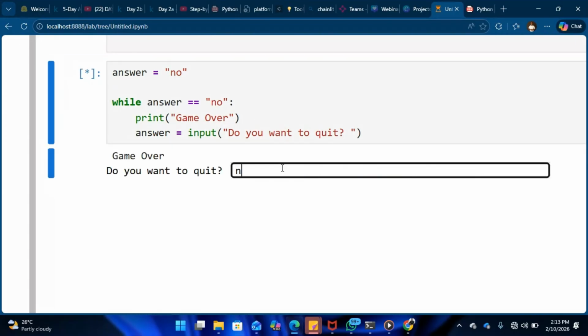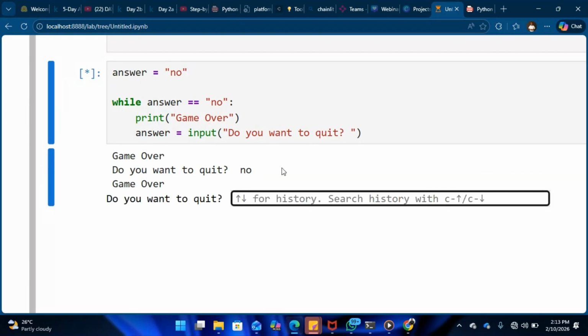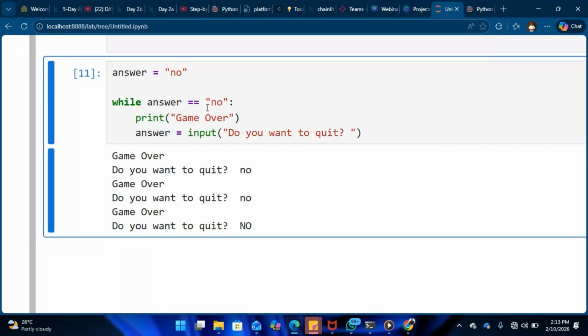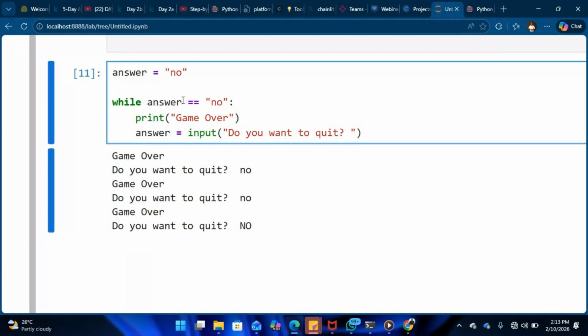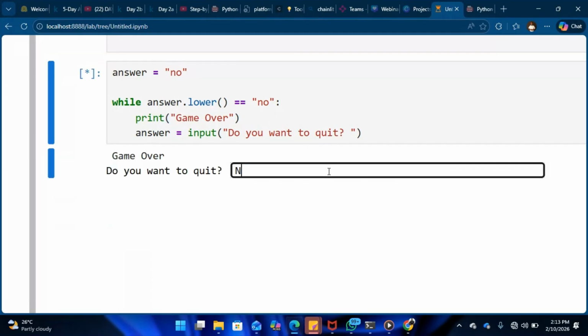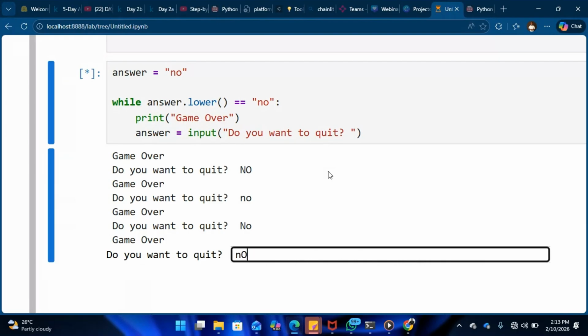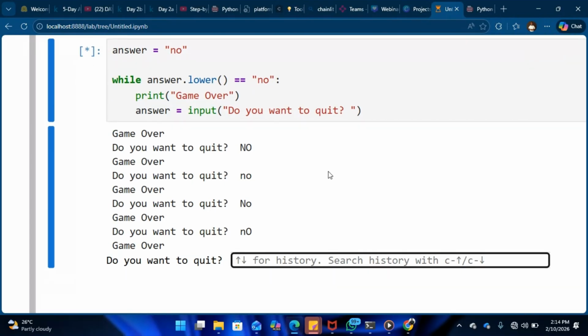And then you also see the downsides of this. If I enter no, what happens? The loop continues, right? As long as I press no, because the question is, do you want to quit? And I answer no. But you can see it's actually me using a particular logic, right? If the person enters anything like capital NO, of course this will quit because it is not the same thing as this, right? Then I taught you, okay, you can add dot lower here so that you can receive any kind of no, right? Any kind of no you want, it will still be asking whether you want to quit,